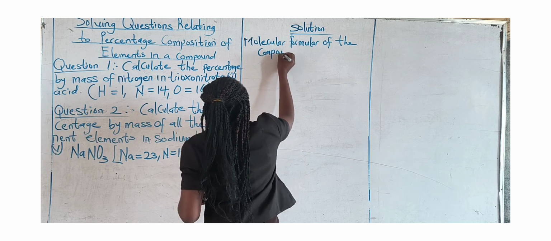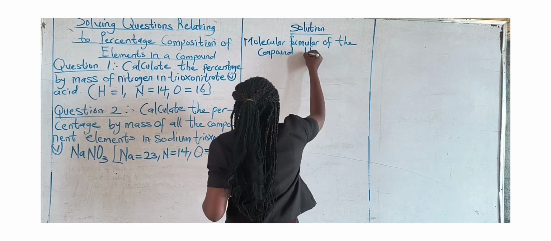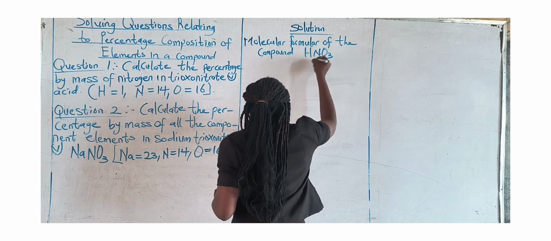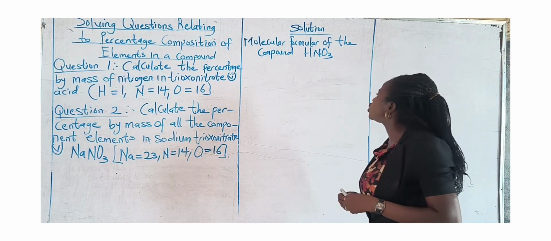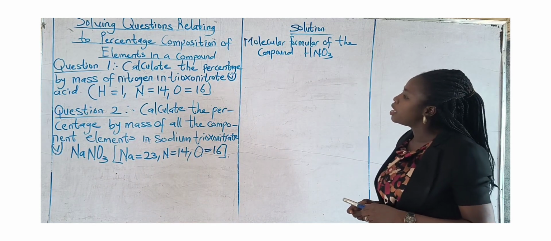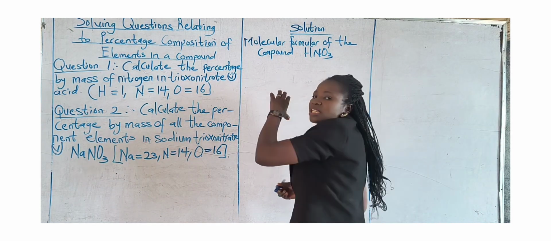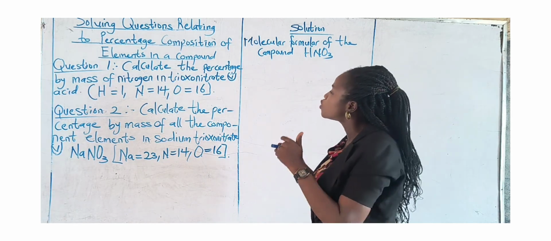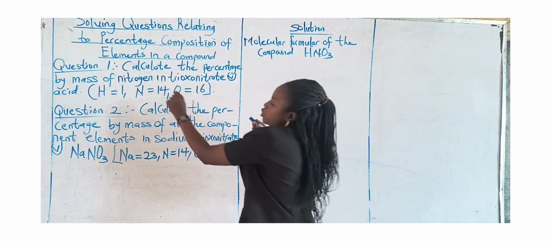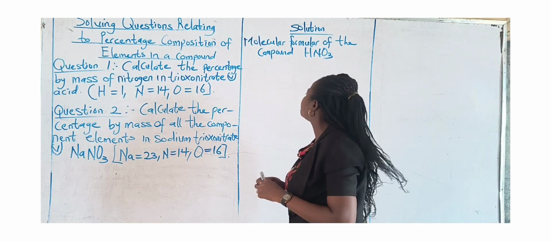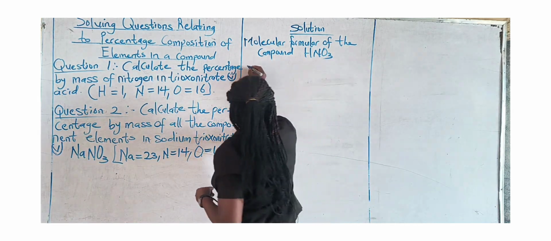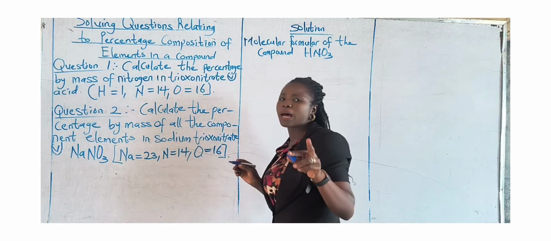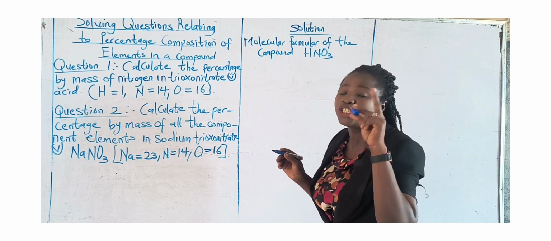The formula of the compound is HNO3. Good. We have HNO3. Now, the next thing to do, we have to look for the molar mass of the compound. But before going to the molar mass, let's look at the number of moles of each element